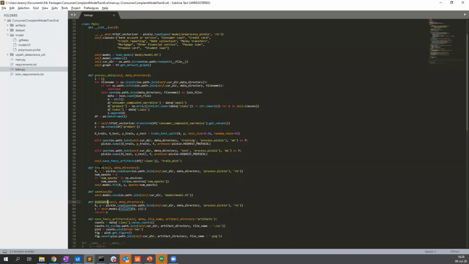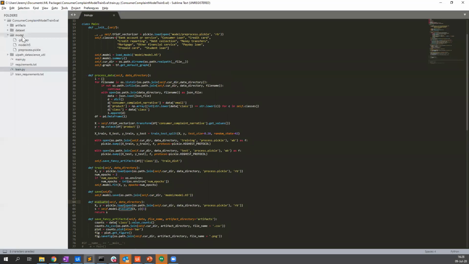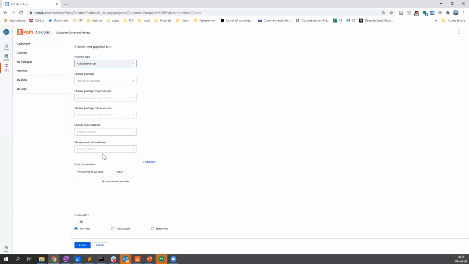But if in between you want to do more sophisticated stuff, again, you can do it. And as you can see here, I have other folders, I have other files. It's up to you. You can include whatever you want. We don't recommend adding the data set here as I have it here. This was for local testing, but you're not supposed to upload the data set here. You're supposed to upload the data set here and just give it as an input when you're running the pipeline.